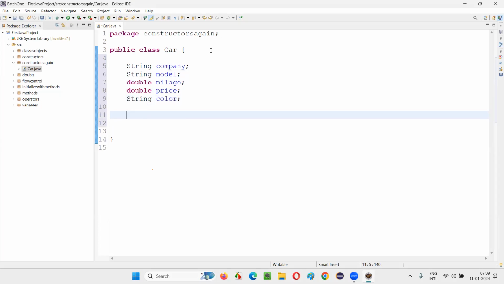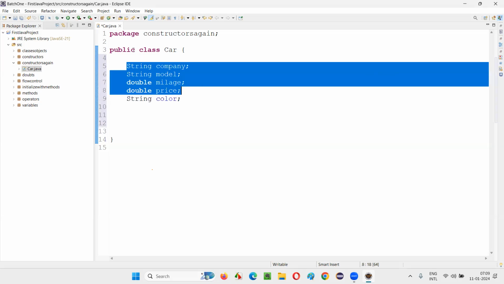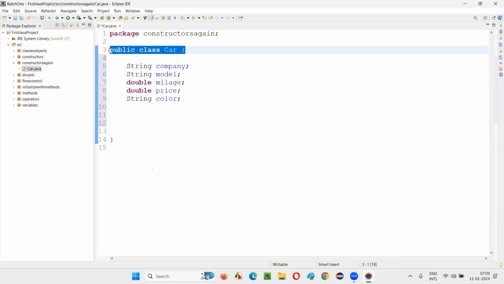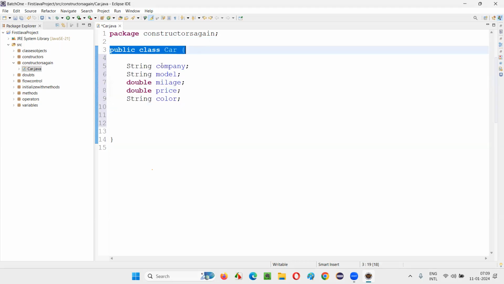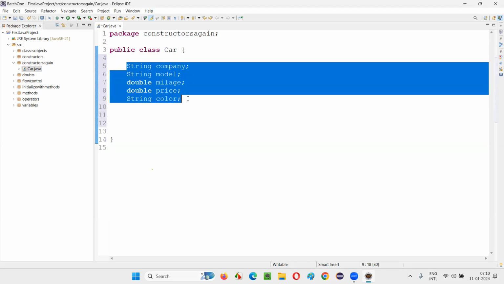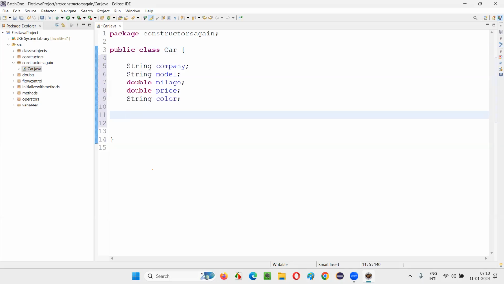These are the 4 variables I created. Class, I told you, right? Class will enclose the variables and methods. These are the variables, and apart from these variables, we'll have methods.